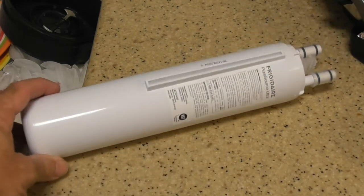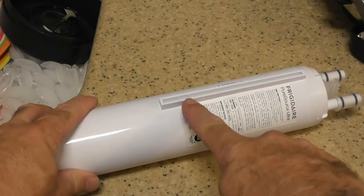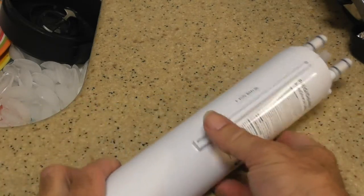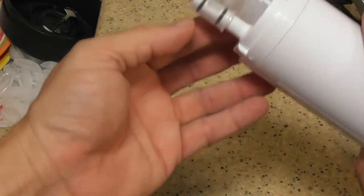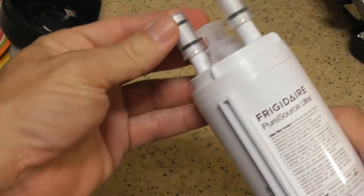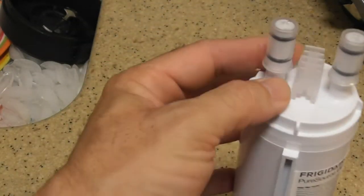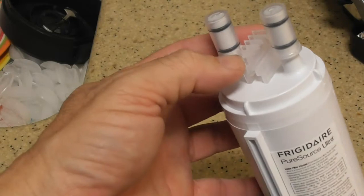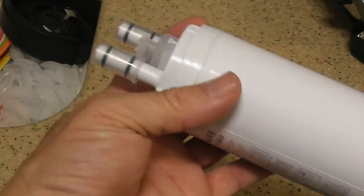So we've got the filter here. It comes in a cellophane wrapper. You have a ridge on the bottom, two little pieces on the end. This plastic piece will come off over here, the covers, the caps. And really all you're going to be doing, I want you to see what this is. This is the most important thing. You've got a ridged piece over here, and all you're going to be doing is lining this thing up, sliding